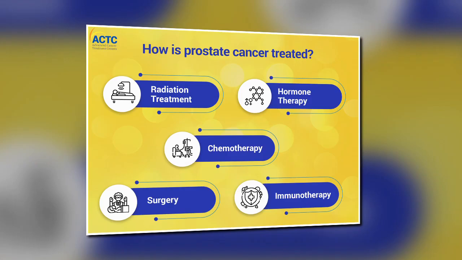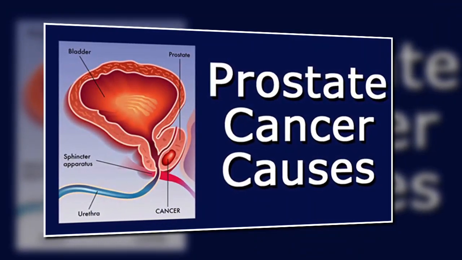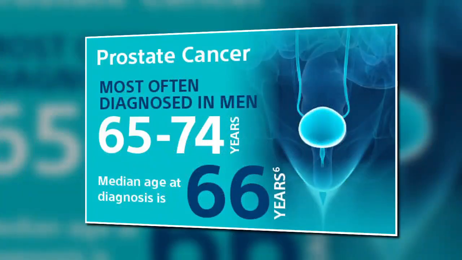Can prostate cancer be prevented? Men who are at high risk of getting prostate cancer can sometimes take a medicine to help prevent the disease. If you have a family history of prostate cancer, talk to your doctor. 1. Nutritious diet including vegetables and fruits. 2. Maintaining proper body weight. Being overweight and obese puts you at a higher risk of prostate cancer. 3. Quit or avoid smoking.